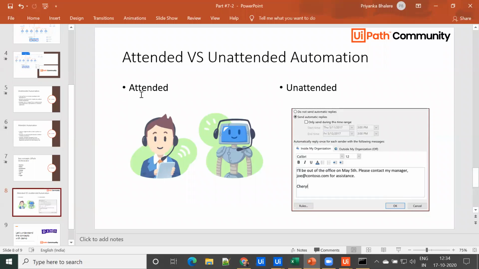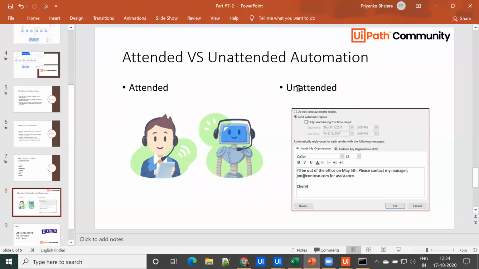When you call any customer support, let's say any company or bank, for your issue, it will ask you to enter some input, like press 1 for this service, press 2 for this service, and we enter it and accordingly get it done. So this is attended automation, where human input is needed.